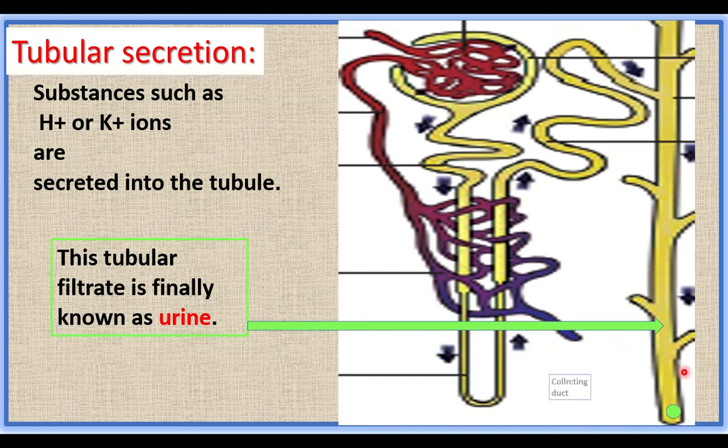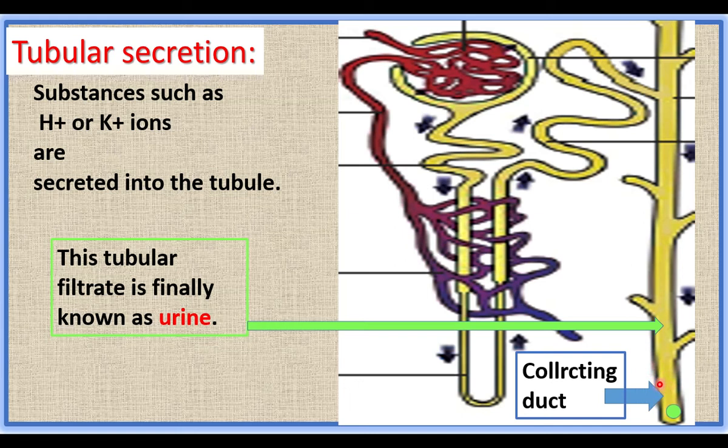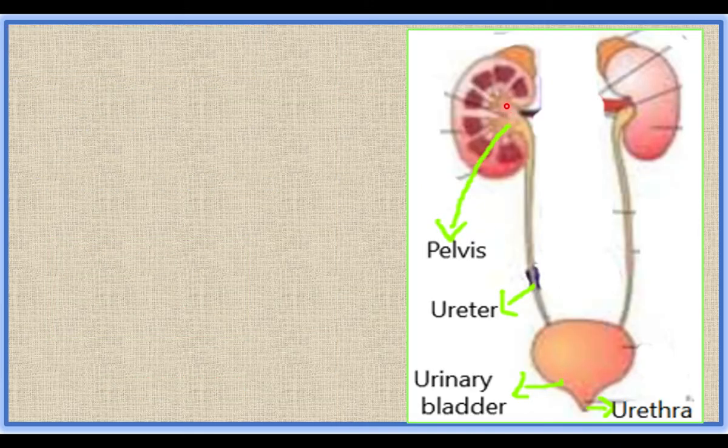So urine comes to this collecting duct. The urine is hypertonic. Hypertonic means its concentration is higher than that of the surrounding fluid. It is concentrated urine, hypertonic urine. From the collecting duct, the urine enters the pelvis. Pelvis is a part of the kidney. The cup-like, funnel-like part of the kidney is the pelvis. Millions of nephrons are found in this area. They collect waste from the blood and finally the waste comes to the pelvis.